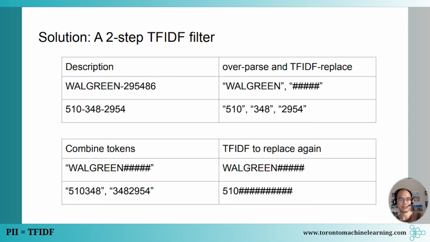So the simple TF-IDF method combined with multiple steps doesn't have to start with 2 steps. Right? You can do individual tokens, 2 tokens in a row to combine, and then followed by 3 tokens in a row to combine. You can control how far you want to go. A multi-step TF-IDF filter is going to properly remove PII, not only in individual tokens, but also PII that's hiding in a combination of tokens, and be a very good PII cleanser.